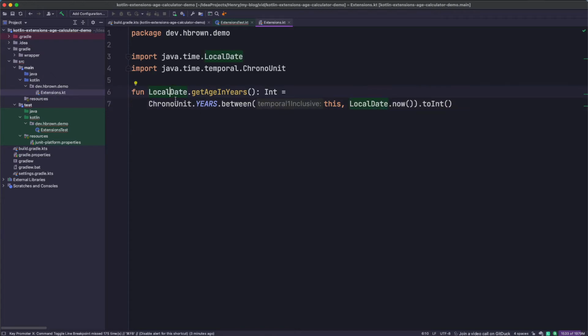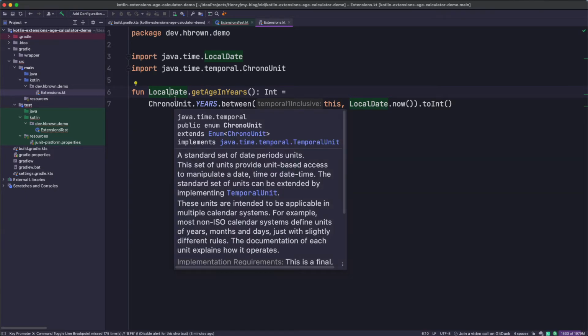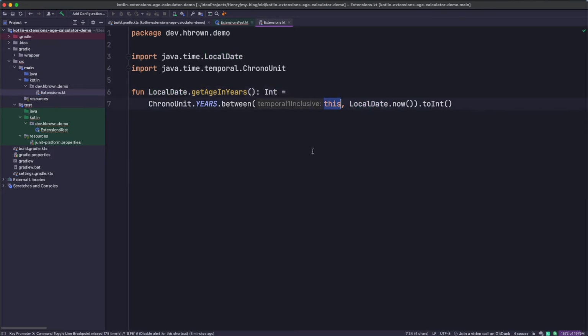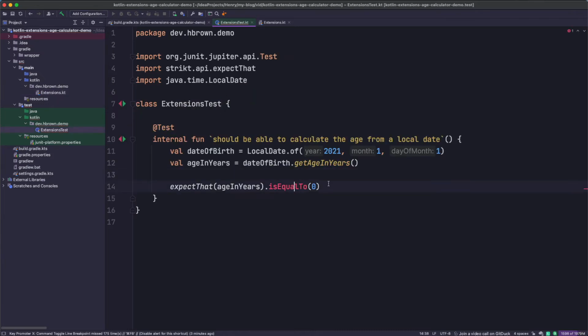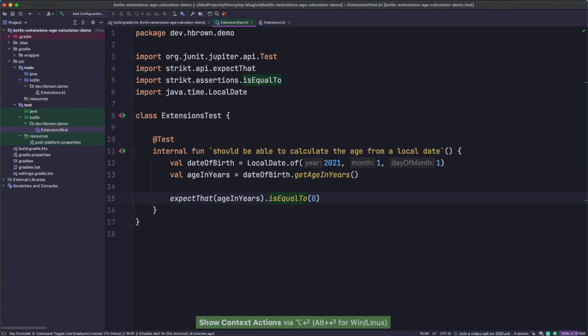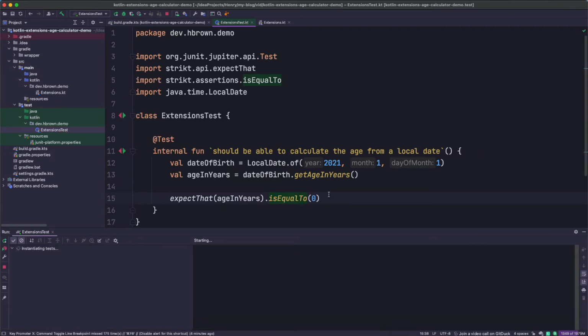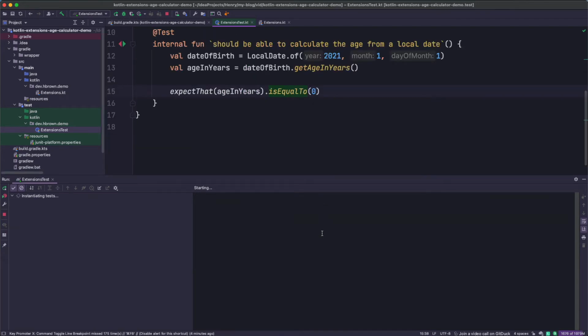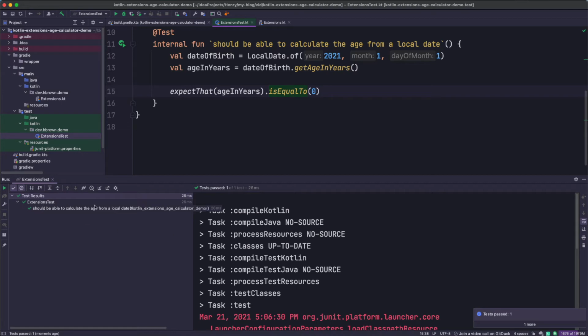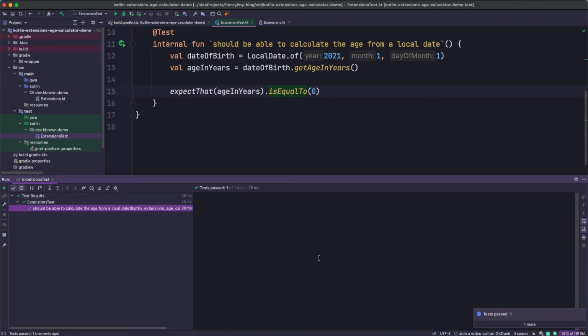I can access whatever instance of LocalDate this was called on by using the this keyword, and the calculation is complete. So if I head back over to this now, I just need to import that, and then we can attempt to run this code. Okay, and it looked like everything was happy,